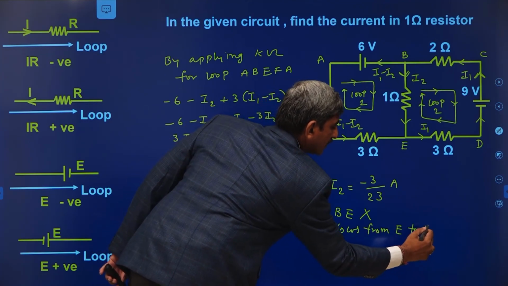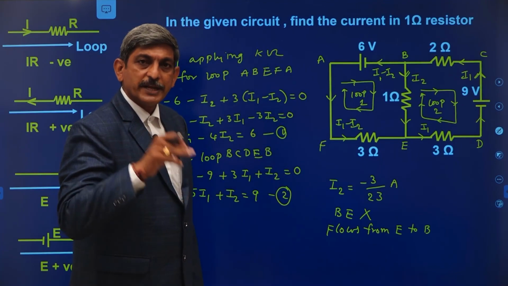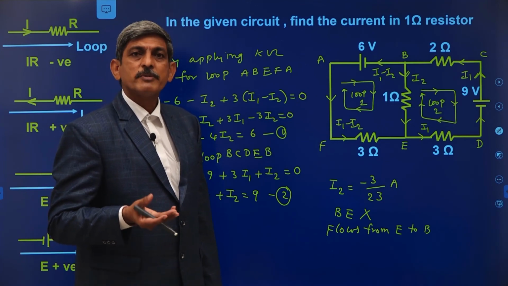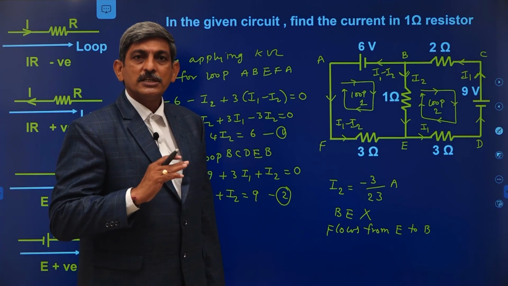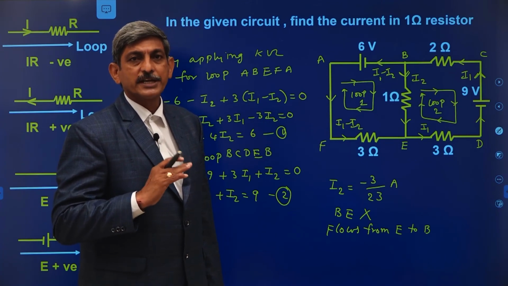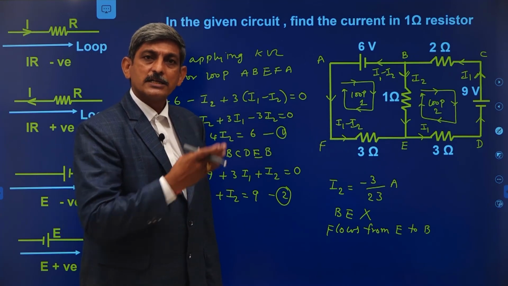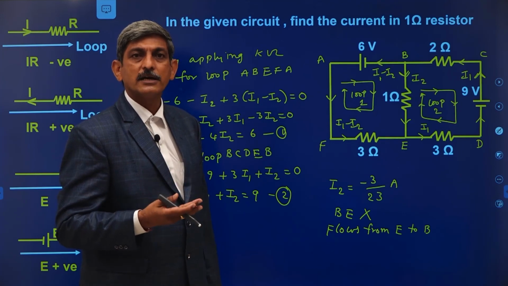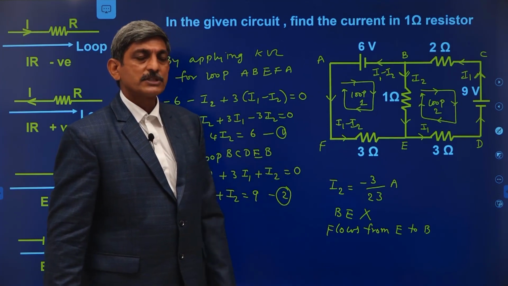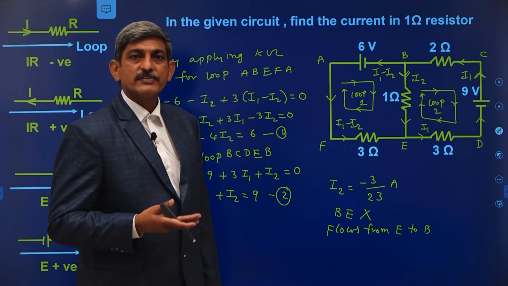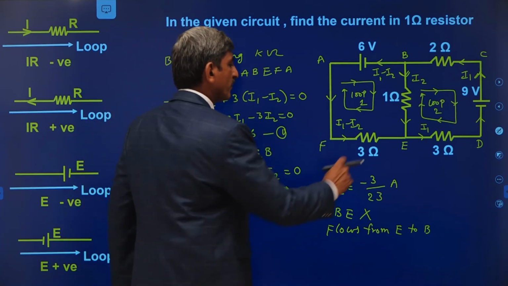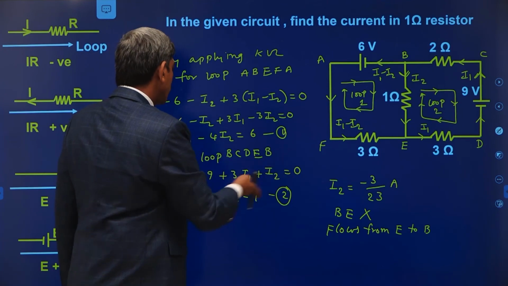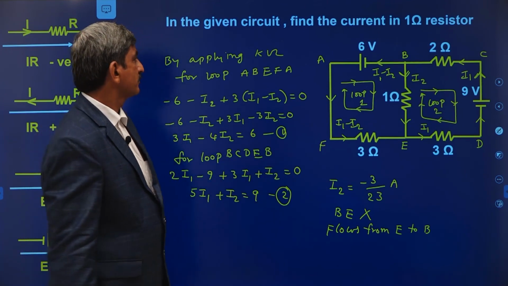So B to E is wrong, and the current flows from E to B. That's why in the beginning of the problem, we may choose the currents in any possible directions. The directions assumed by us may be right or may be wrong. So initially, don't worry about the directions. Assume the currents and solve the problem. At the end, we can decide whether the assumed directions are right or wrong. Here we are getting the negative sign, from which we conclude that the direction of the current assumed by me is wrong, and actually it is flowing from E to B. If I1 is also required, by substituting the I2 value in these equations, we can find the I1 value.